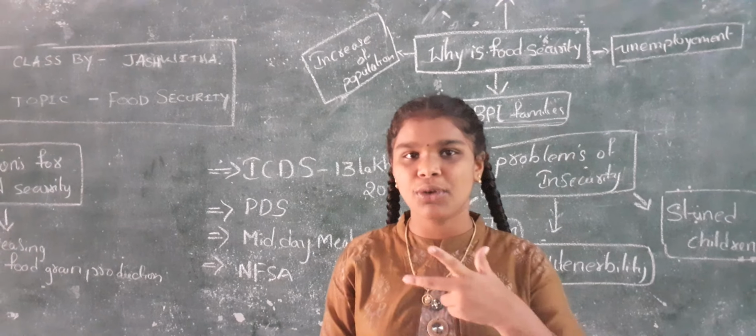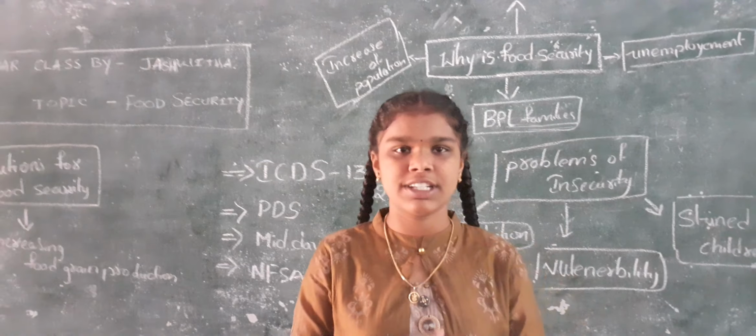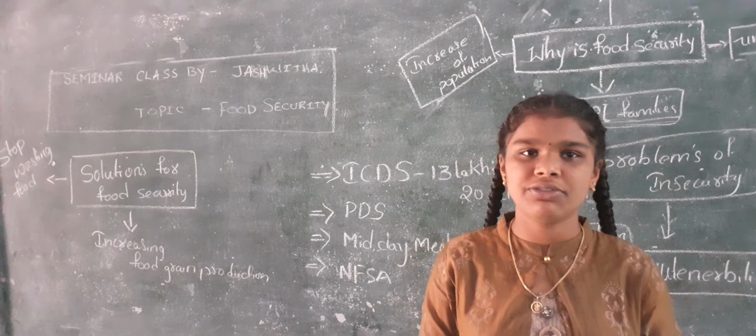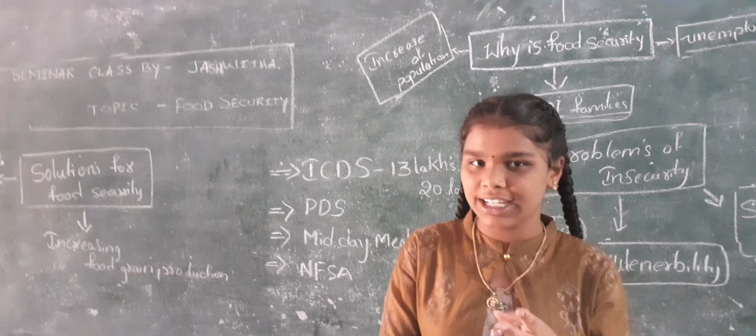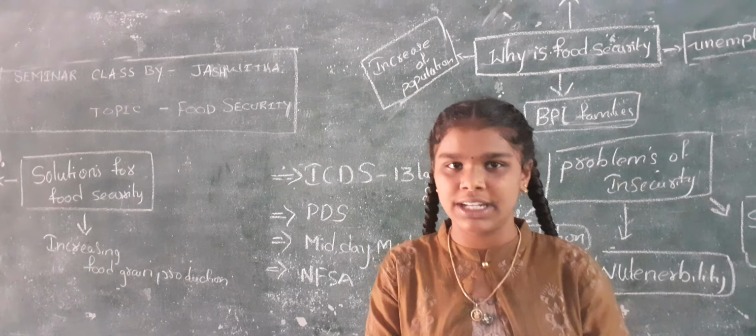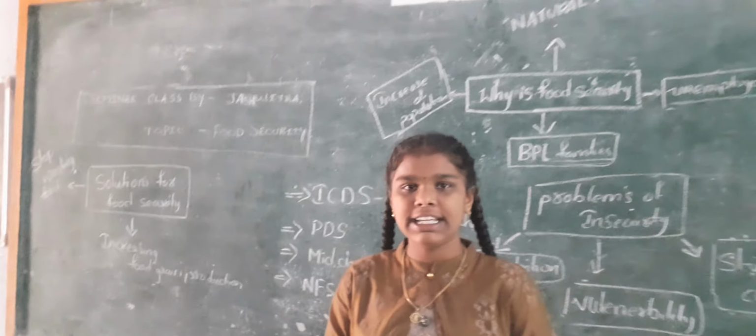We have learned what food security is, and now let us learn the simple terms in food security. There are three: availability, accessibility and affordability. Availability means the production within the nation, plus what we are importing from other countries,